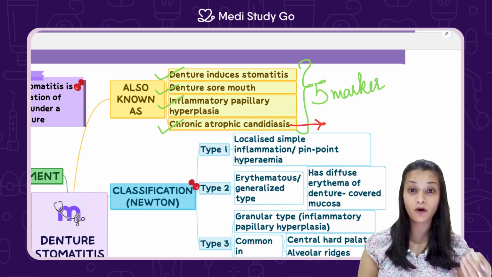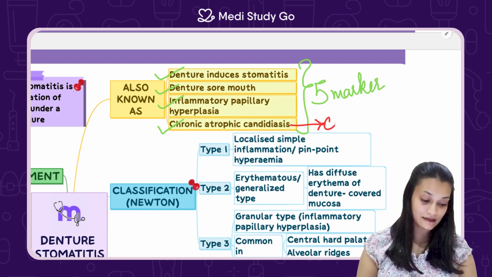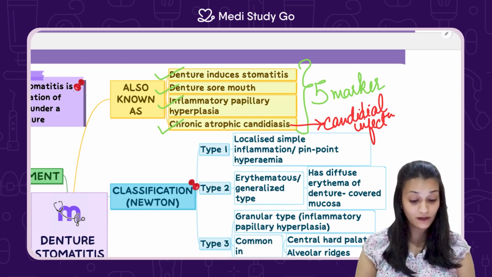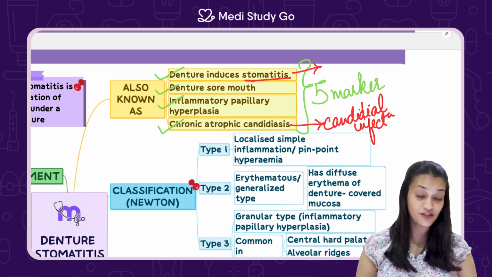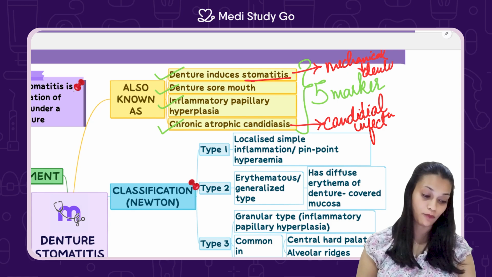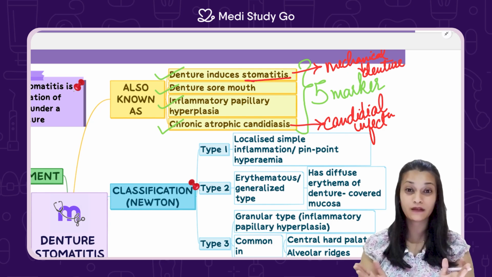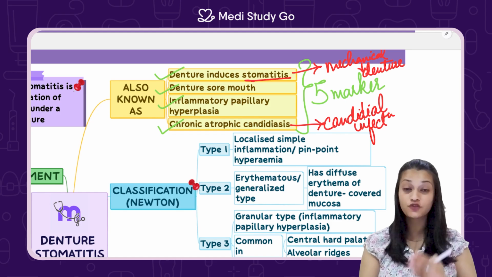So when I talk about chronic atrophic candidiasis, I know that it is the Candidal infection. That's the etiology. On the other hand, stomatitis means it's the inflammatory change caused due to the mechanical factor. And mechanical factor here is nothing but the pressure from your denture. So I want you to understand that it might have multiple names, but your answers need to be according to